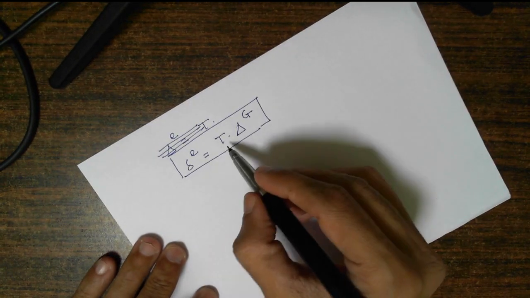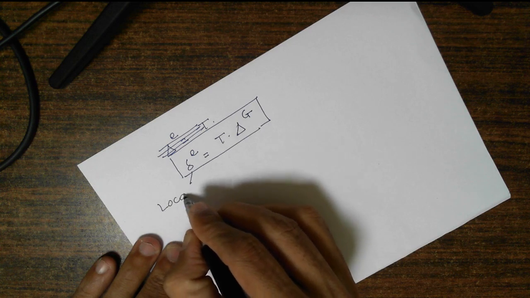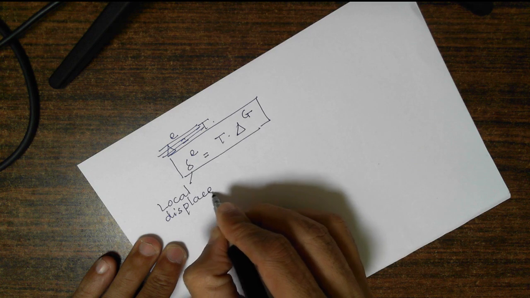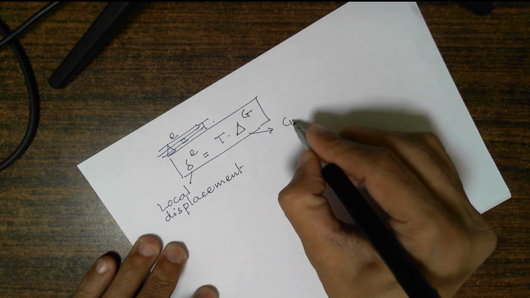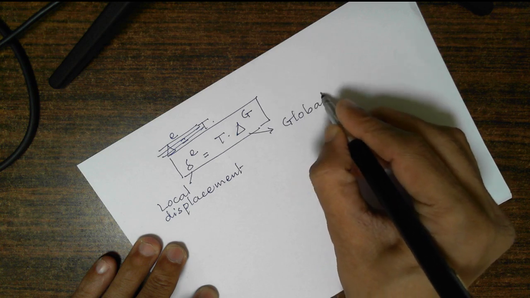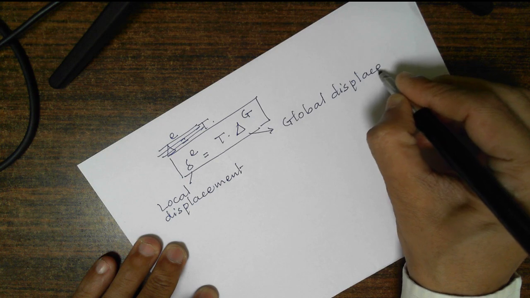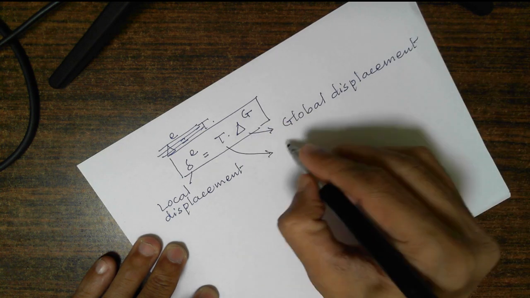This is local displacement, T is the transformation matrix, and this is global displacement. This is the relationship between global displacement and local displacement linked with respect to the transformation